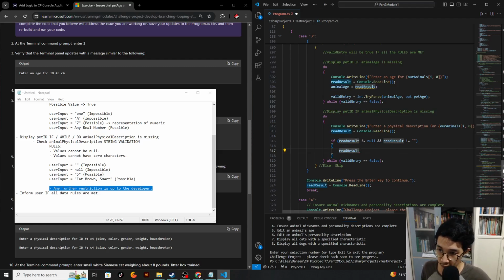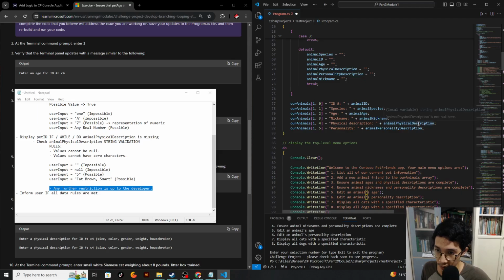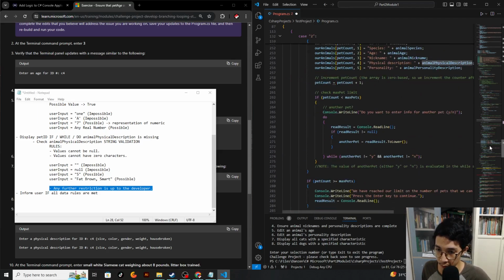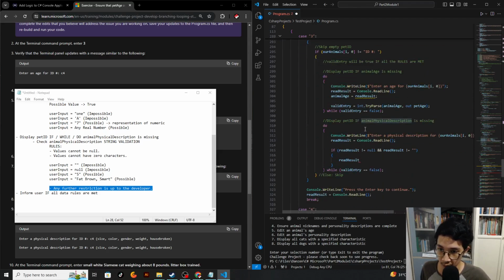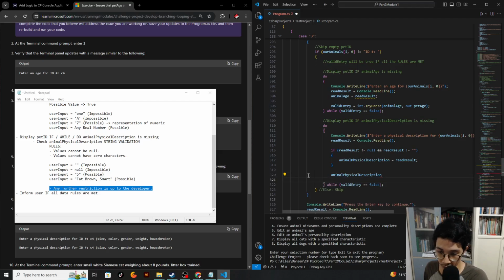I have to assign read result to a variable that corresponds to the animal physical description. So here is the animal physical description. Read result will be assigned to animal physical description like this, so that we get a variable that's clean of null and empty string. So yeah, pretty useful. We're going to do this about animal physical description. Okay, what next is